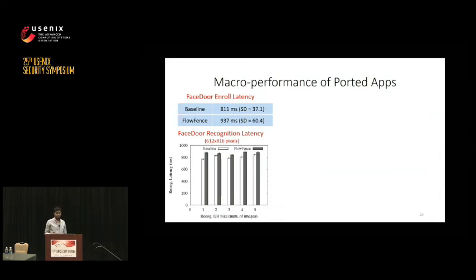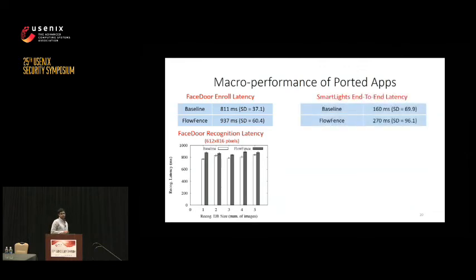And this does not cause user noticeable delays in actually recognizing a face and then going and physically actuating a door lock. We also studied end-to-end latency for smart lights. And so this is defined as the time a location beacon enters a geofence till the time the lights are actually turned on or off. And again, 100 millisecond approximate increase. And this, of course, does not cause user noticeable delays because a person has to physically walk through the geofence and open the door, and by the time the lights are already